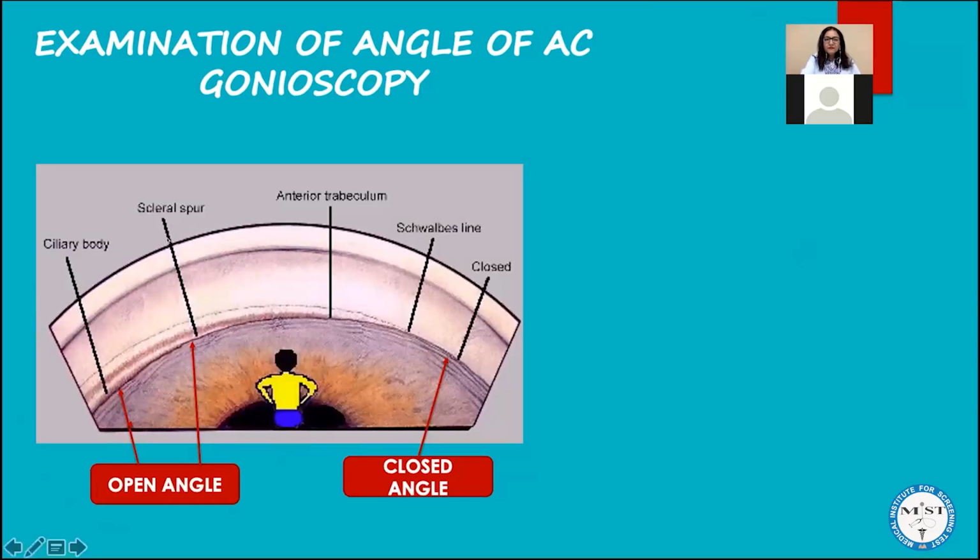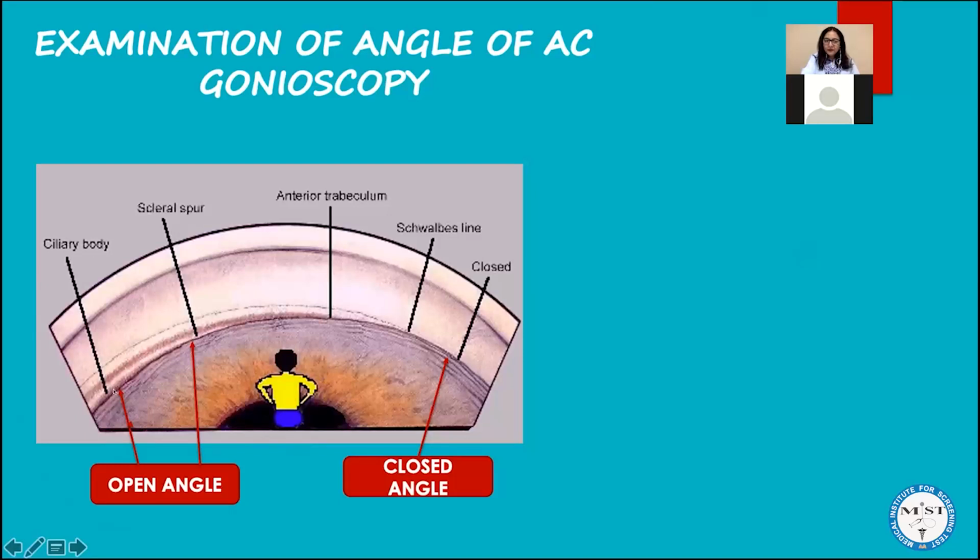Now, this image over here is giving you a diagrammatic representation of how the angle looks. Okay, so the angle is between the cornea and root of iris. Now, this angle, just like between any 2 layers, can be wide open, it can be narrow, it can be closed. So depending upon whether it is closed or narrow or open, how many structures are visible, that is how we can grade the angle. So what we need to know over here is, if you are able to see all the four structures in the angle, what are those four structures? Schwalbe's line, anterior trabeculum, scleral spur, and ciliary body.